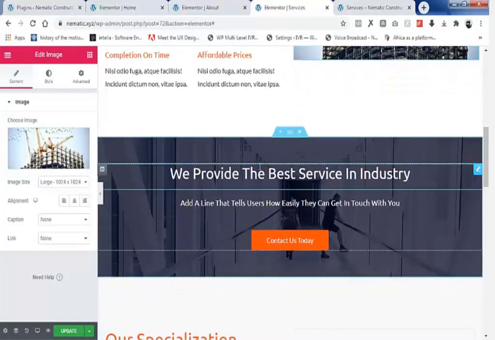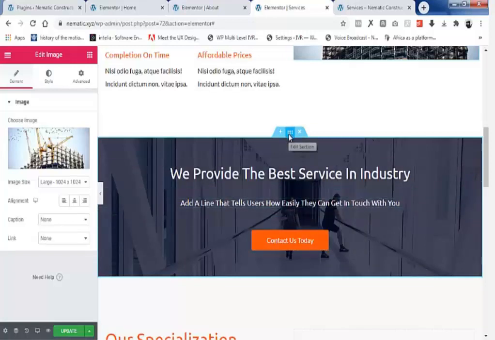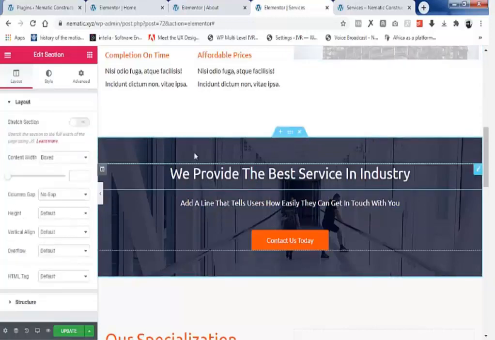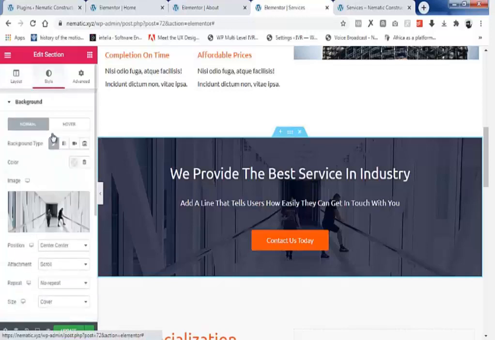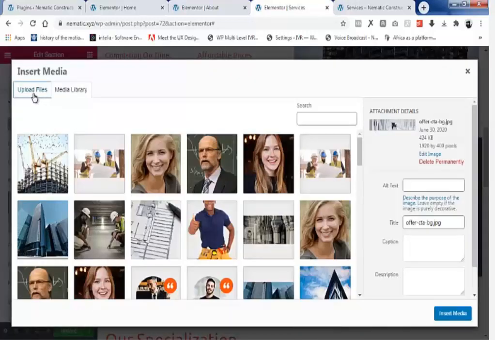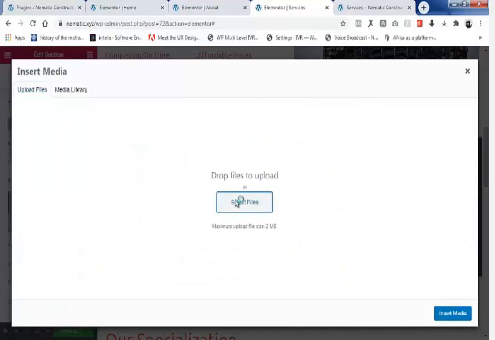Okay, so here we provide the best service in industry. I'm going to be changing this picture at the background, so I'm going to click on this icon here which says edit section. Alright, I head over to style. Here I'm going to click on choose image. Here I head over to upload files, then select files.